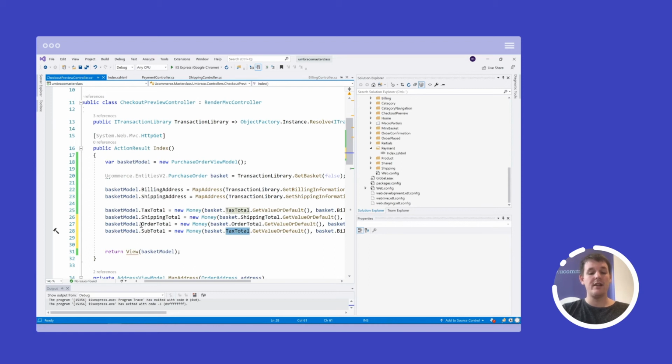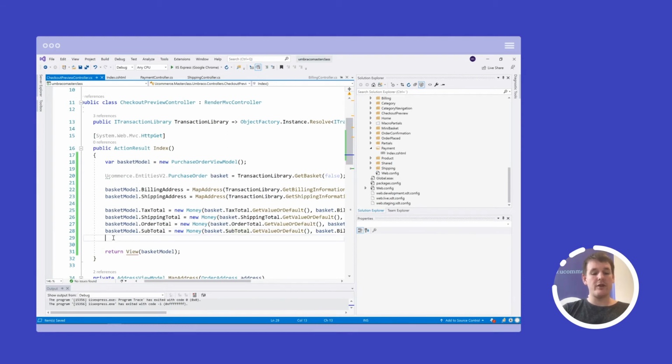They're mostly interested in the order total, and the tax can sometimes be important, mostly in B2B cases, but in B2C cases, they don't necessarily want to see tax for all the individual different products. They just want to see a subtotal, what is the tax they need to pay, and what is the order total. And of course, the shipping costs are fairly important for the users as well, to see what that adds up to. So we have tax total, shipping total, order total, and subtotal now.